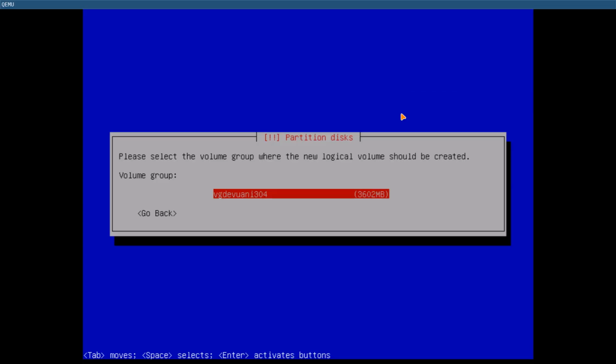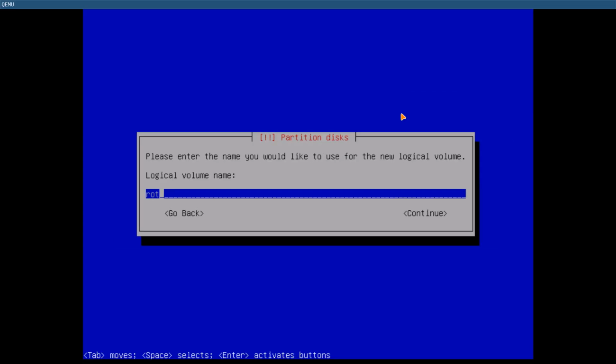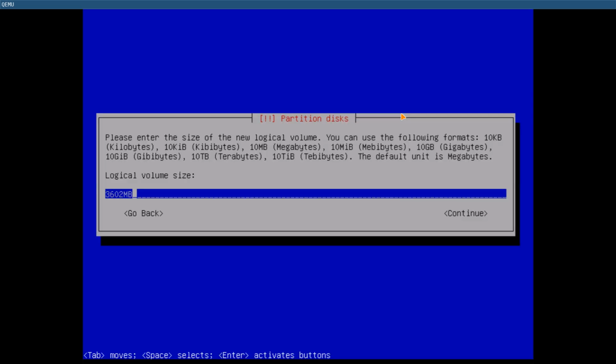And at least we create the root logical volume. And this is 3600 MB, and I make it a bit smaller, so I have 300 megabyte free, and I can adjust very easily later some logical volume partition if I acknowledge that some stuff